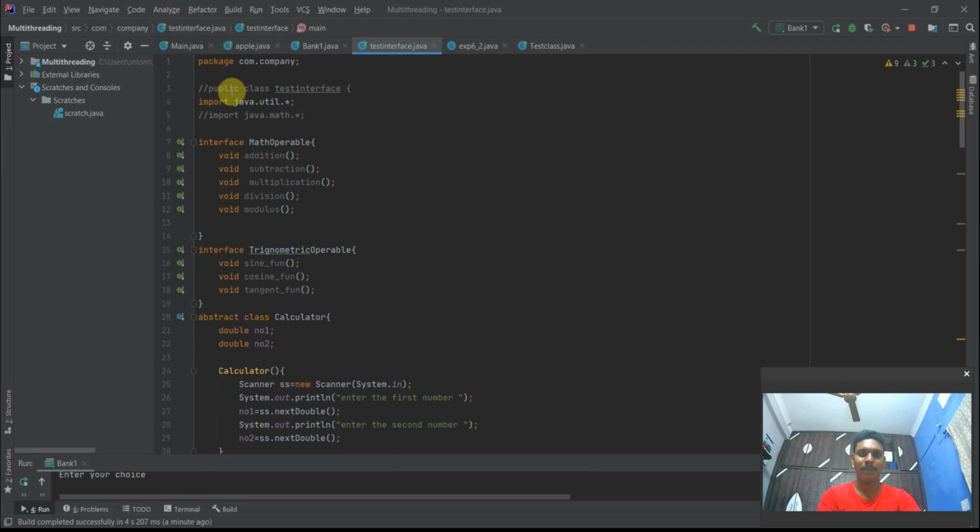So we are taking package com dot company and import java dot util dot star, as we know, and we need to import java dot math dot star. So I'm importing all mathematical tools.